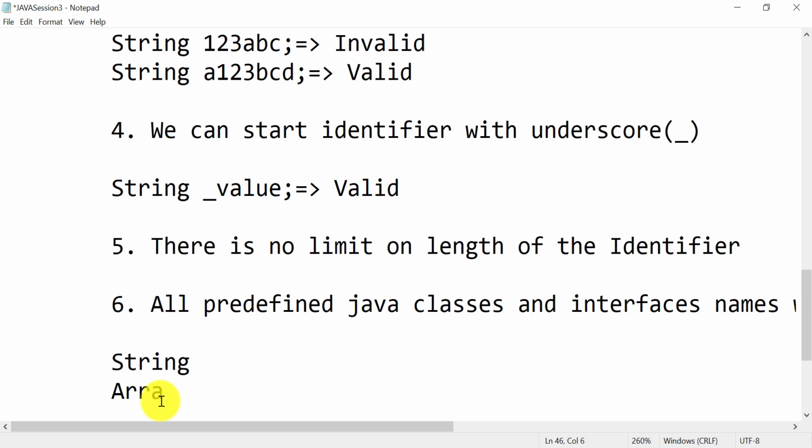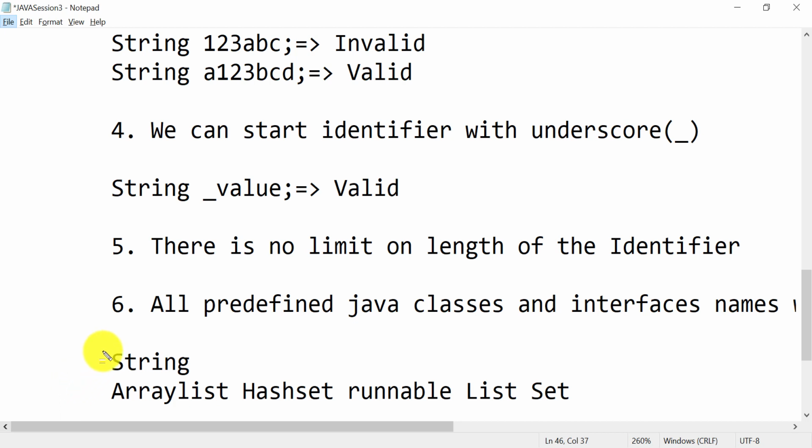This is also a predefined class, right? HashSet, this is also a predefined Java class. Then an interface can be Runnable, right? Runnable interface, or you can use List also, or Set. So all these are predefined Java classes or interface names, and if you try to use this name as an identifier for defining any variable or a class or method, it is completely allowed in Java.